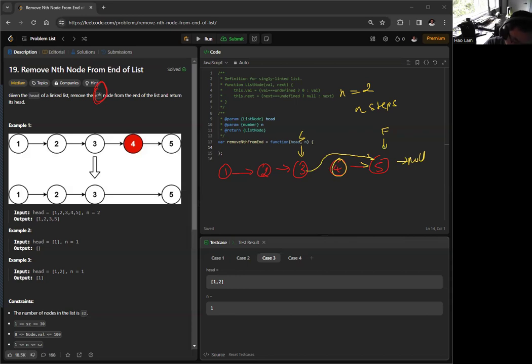So let's look at a different example. So we have 1 and 2, 1 and 2. So n is 1, right? So it is slow, it is fast, right? So fast is one step ahead of slow. And then